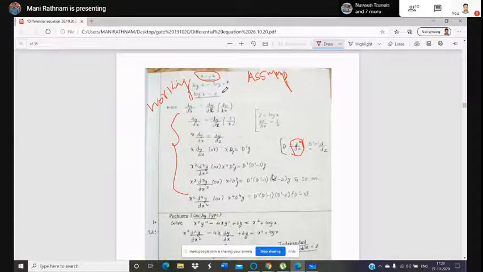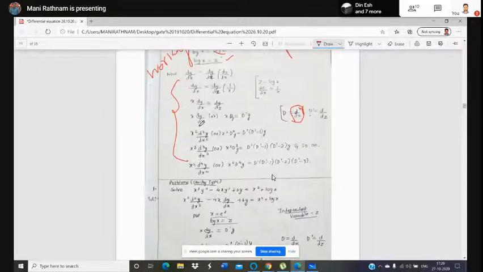Working rule to bring into a constant differential equation. Taking log on both sides, it gives log x equal to log e power z, and you know that log of the base is nothing but 1, so it becomes z. So this substitution is very important. Whenever x equal to e power z, you have to substitute, and z equal to log x. And this is a simple rule.